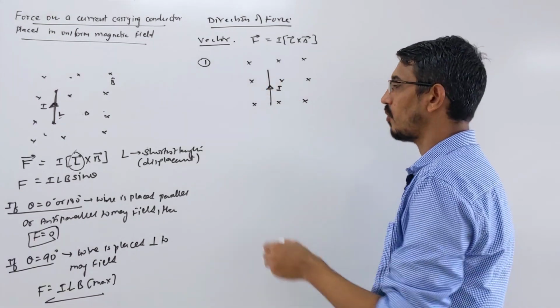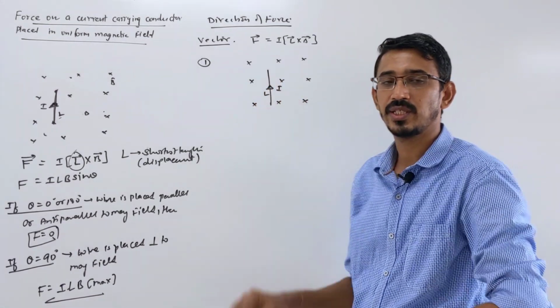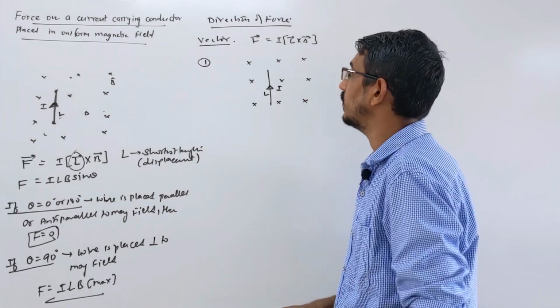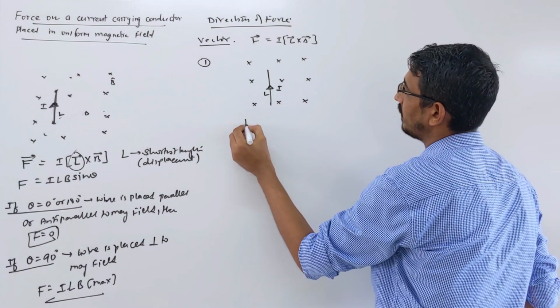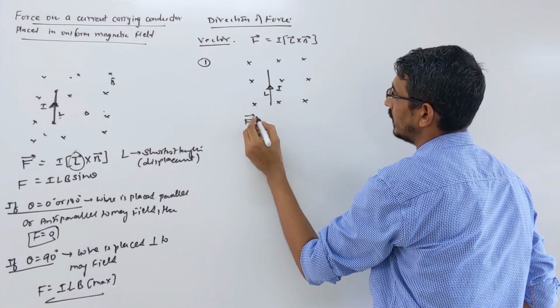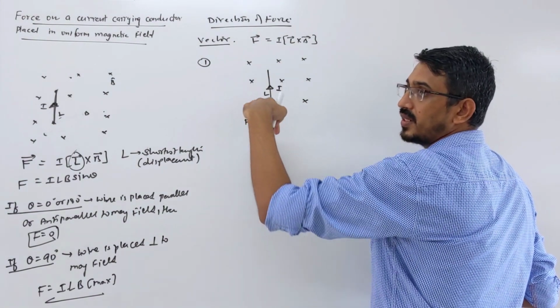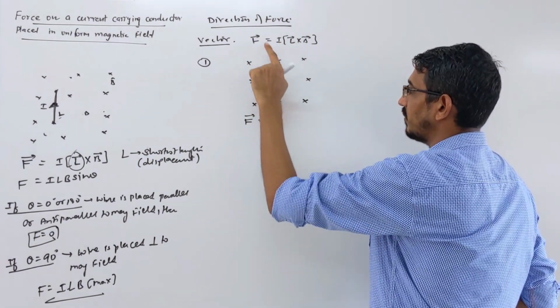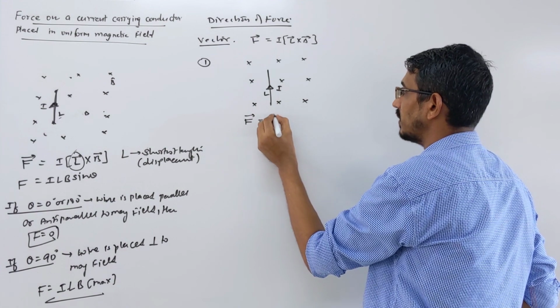Okay, a wire of length L. You want to know the direction of force on this wire, in which direction this wire will move. So, the vector rule: F is equal to I L cross B. The length is upward, which means the direction of current. Look here, it's the current element IL, so it's upward. Upward means your J direction, right?